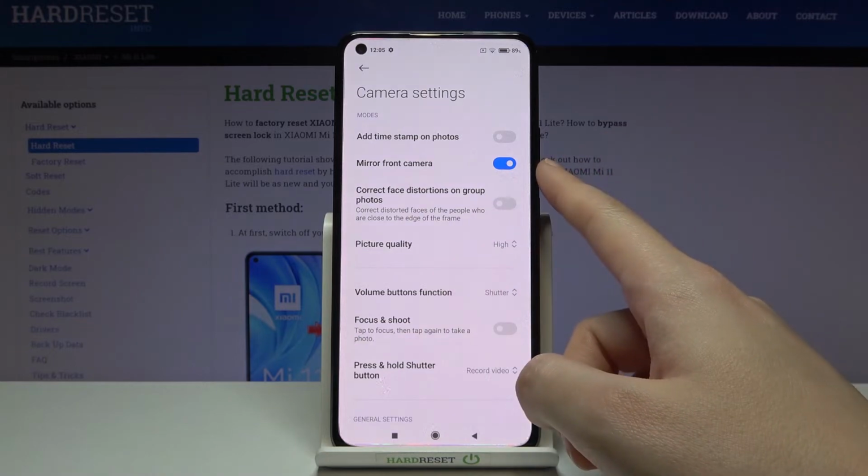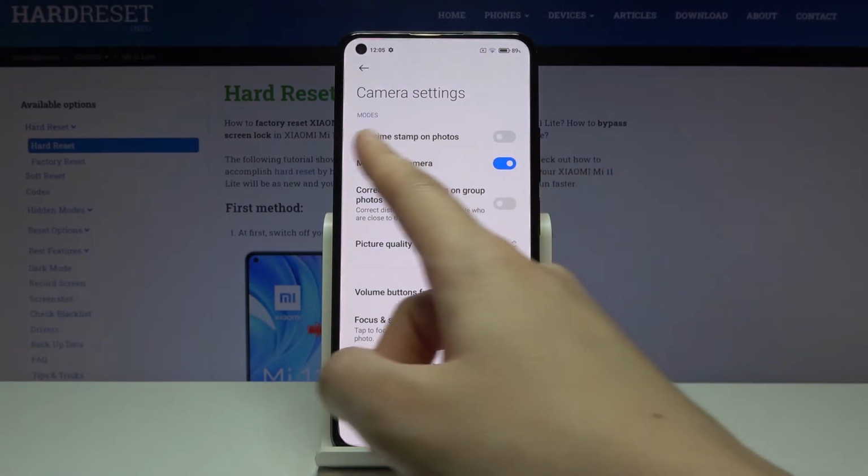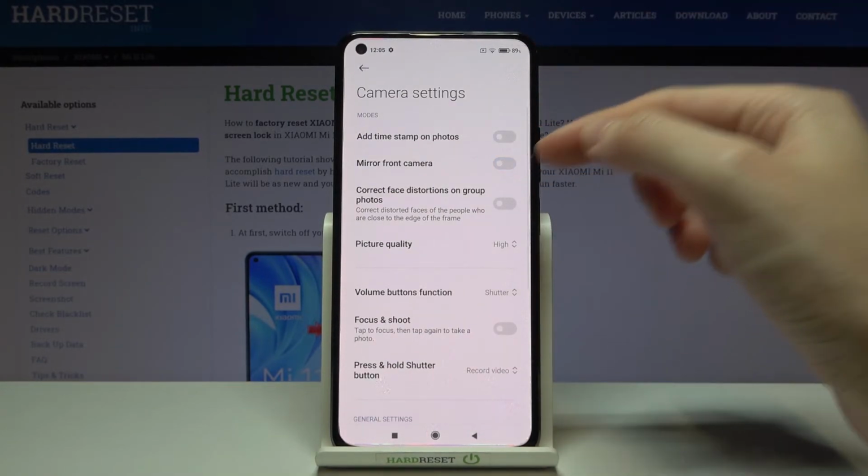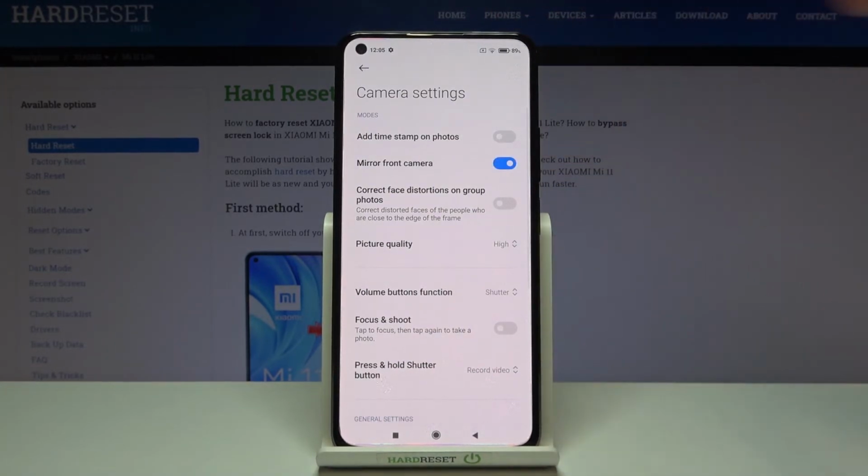Here, with the front camera, at the second place we have the mirror front camera option, so this is our mirror effect. By using the button from the right we can turn it off or turn it on like that